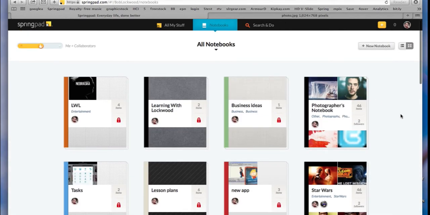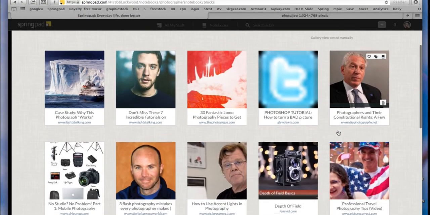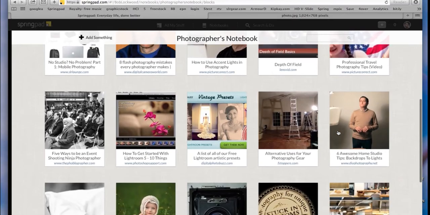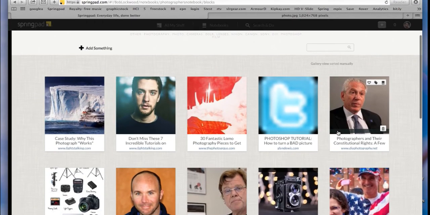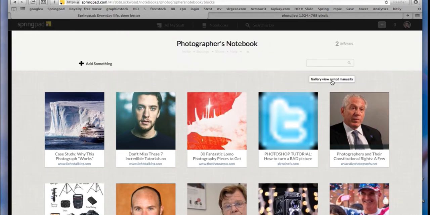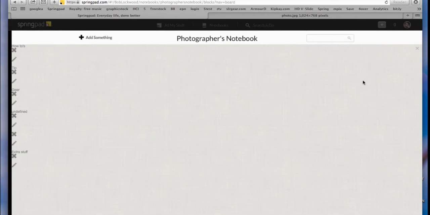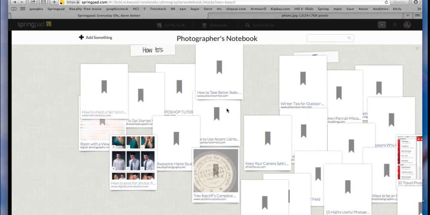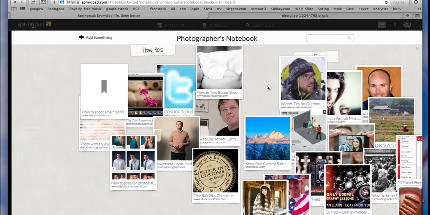First off, if you look me up on Springpad, you can find my photographer's notebook. So here in my photographer's notebook, I have all sorts of web articles, gear reviews, tips and tricks, and things by other photographers who have just as much passion as I do. Up here, I can go to gallery view sort mode and I can click the board mode. This is really cool because this board mode, and you can see this in the other app as well, is